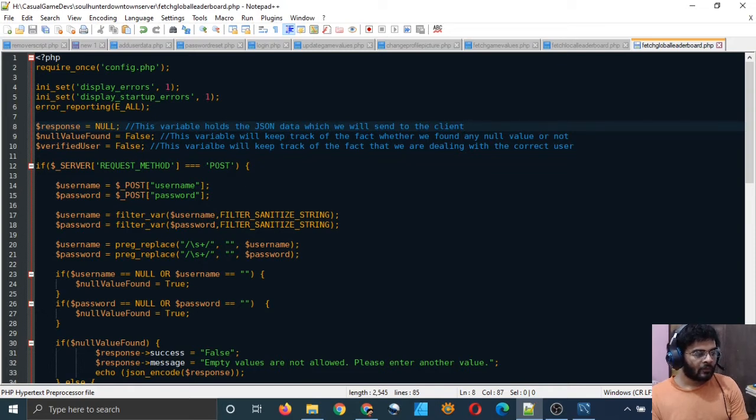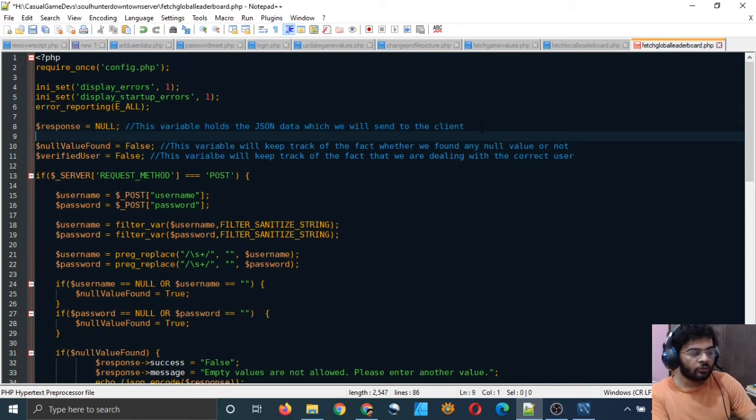Now, in addition to the response variable which will act as a JSON object, I will also need a JSON array, and I will call it, I don't know, response array, and I will make it equal to null right now.